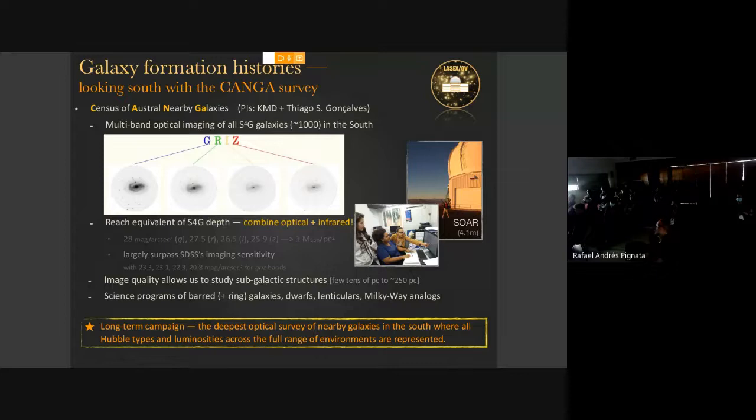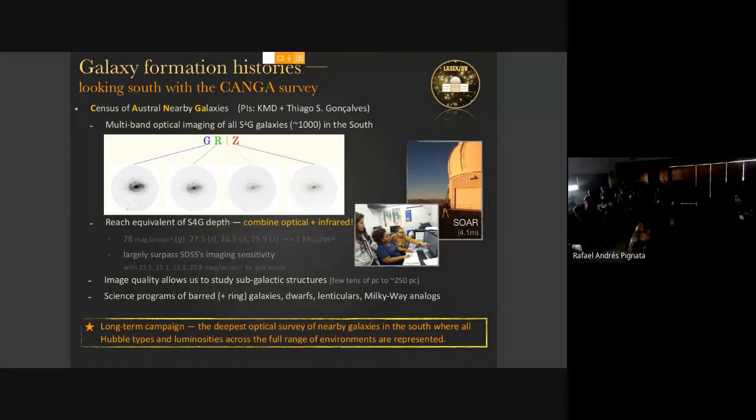And the idea is to combine this optical with the S4G, because S4G, the mid-infrared, does provide you with the best single band access to the stellar distribution in galaxies, but combined with the optical, you can really get a sense of what the ages of different galaxies are, and if there are regions of new stars emitting in the ultraviolet, you recognize easily that, oh, that's going to be contaminated.